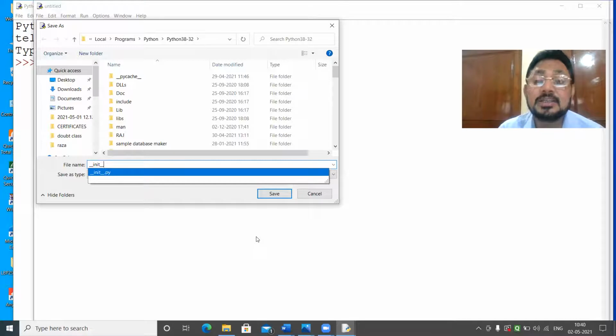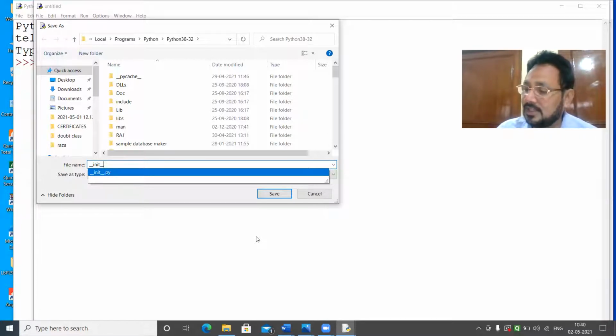That is why, in the beginning, when I was reading the lines of the book, it was written that all other folders are not a package. The package is only that folder which has the file __init__.py in it.